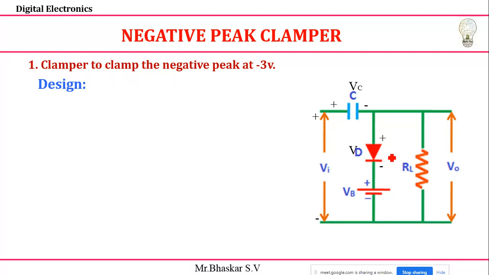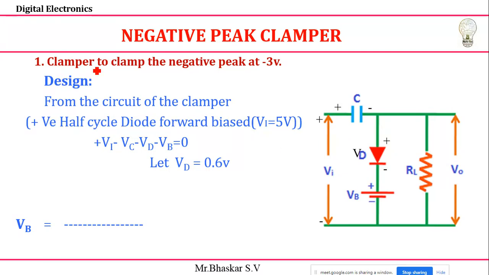Yes, positive half cycle. The diode is forward biased, then you can apply KVL in this direction and write the equations. Directly you can see that minus to plus is increasing, that is Vi I'll get. Next, during the positive half cycle, the capacitor will be charged in the plus-minus direction. Previously it was minus-plus direction. This difference you should know. So now it is plus-minus, decreasing the potential, and plus-minus decreasing the potential. So we'll see how to write the equation.